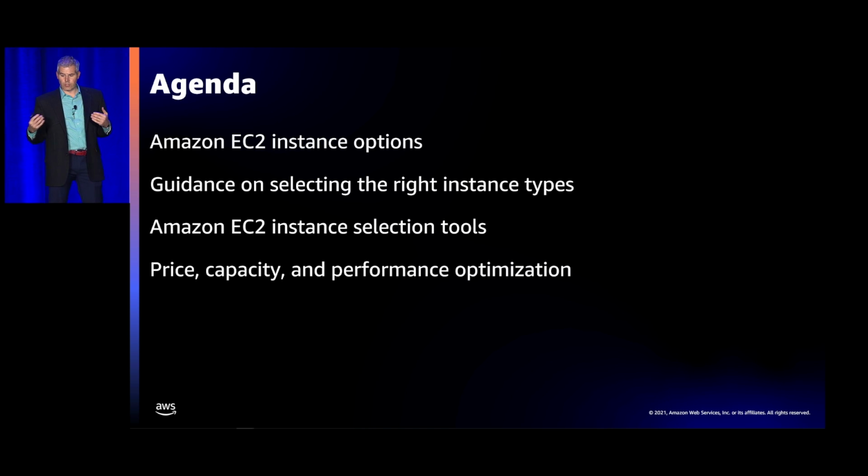Chris will then come up and talk to you a little bit about our EC2 instance selection tools to make the selection process even easier for you, and tools that can make your own choices. And I'll give you some details on that selection and some other alternatives as well, and a quick demo that we'll do on our slides here. And then we'll talk briefly, concluding with a little bit about pricing, how you can look and think about capacity and managing capacity within your portfolio here, and also a brief discussion about our performance. So, sound like a plan?